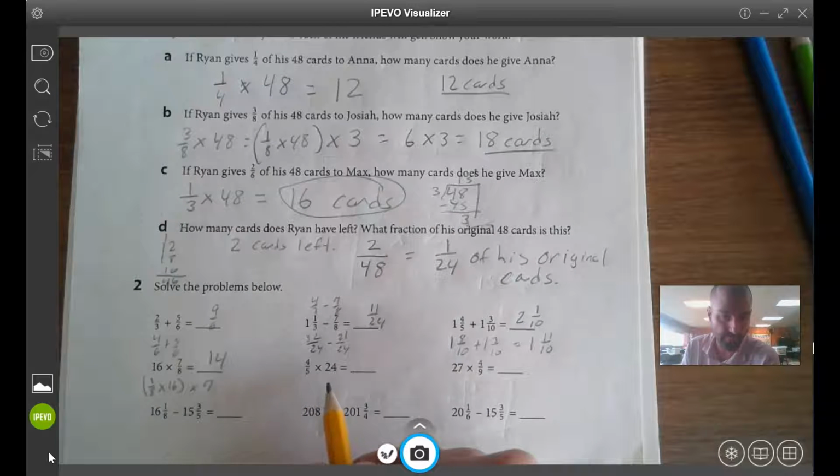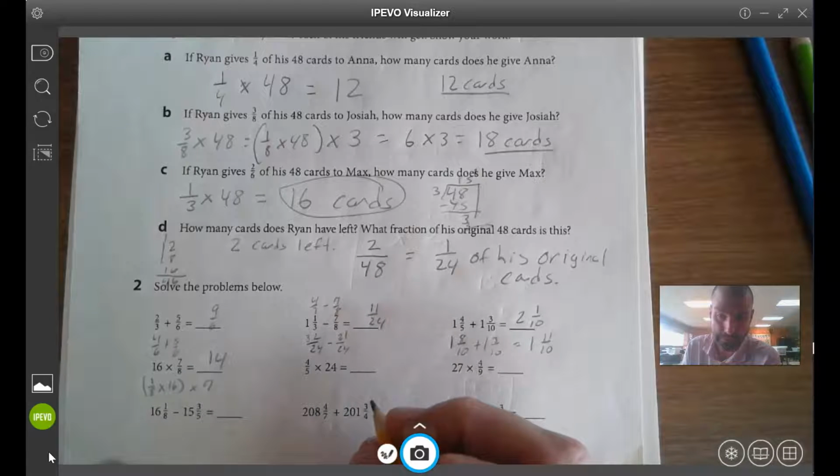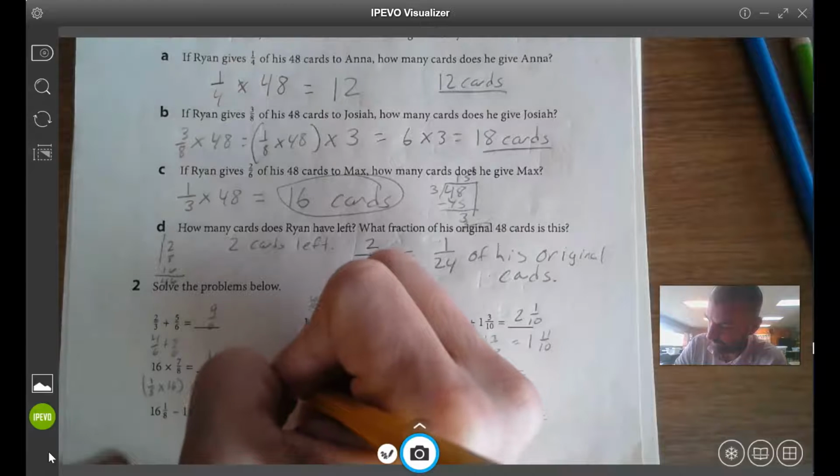4/5 of 24. 5 and 24. 5 and 25. Do I want to do that? Do I want to go over and back? All right. So we have